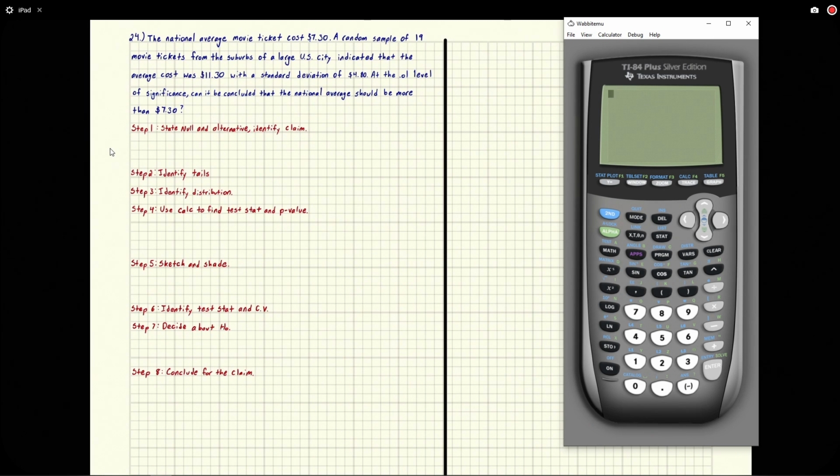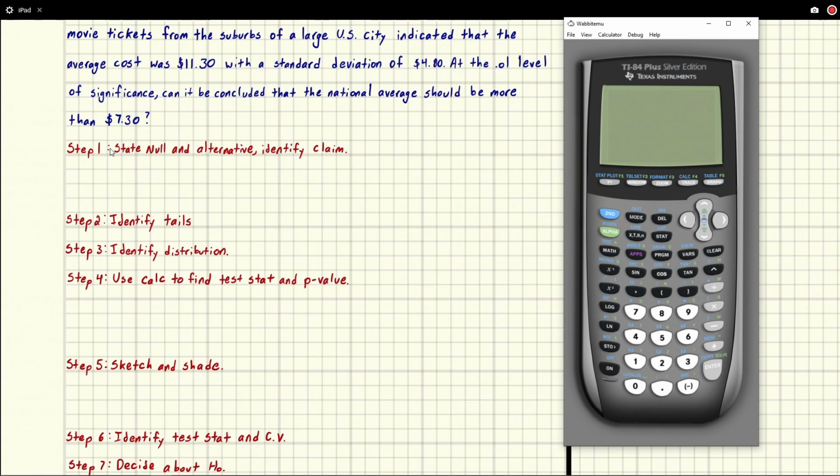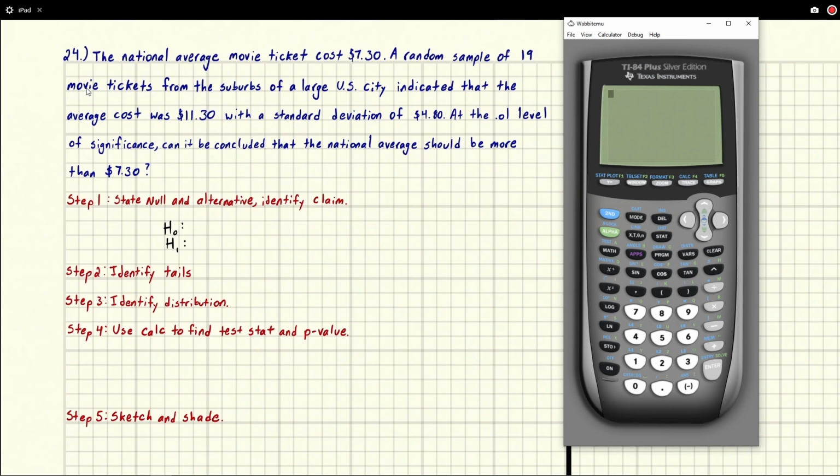So let's go ahead and do this thing. It says first, state the null and alternative, identify the claim. So we know we're going to have a null hypothesis, H0, and an alternative hypothesis, H1. Let's look at our problem. How do we determine this? Well, they're talking about the national average, so that's a mean. The first one is always the mean is equal to, and the second one is